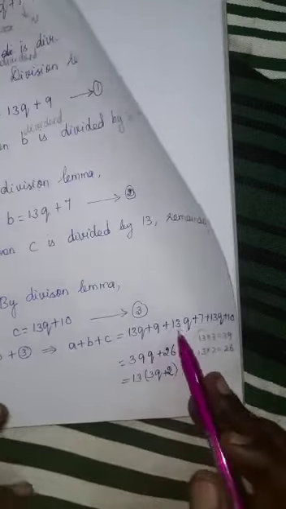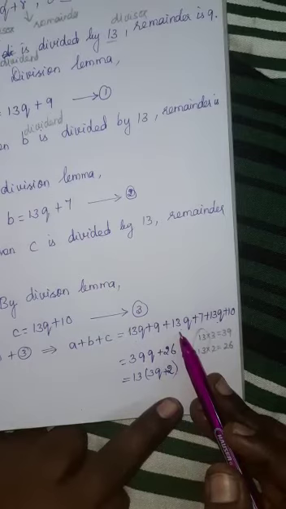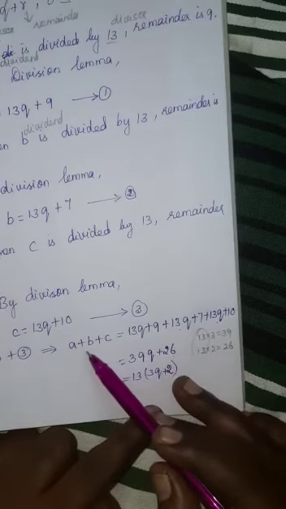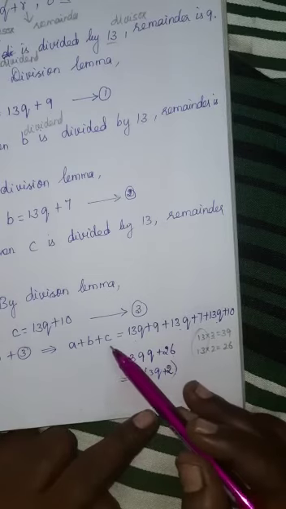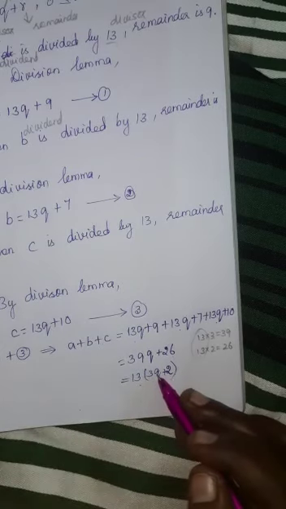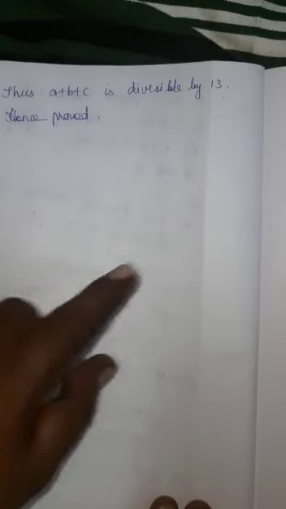So we got a plus b plus c is equal to a multiple of 13. Like the previous sum, there we got the multiples of 2, so we wrote it is divisible by 2. In the same way, here we get a plus b plus c is a multiple of 13. So we can conclude a plus b plus c is divisible by 13. You can complete this, hence proved. Are you clear? So you conclude this, thus a plus b plus c is divisible by 13, hence proved. Okay, so we completed the fourth sum.